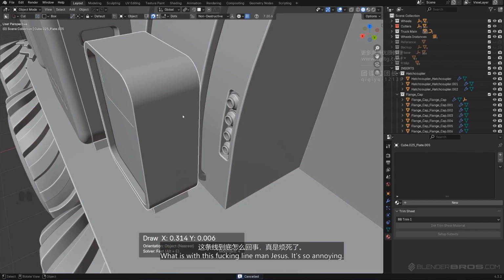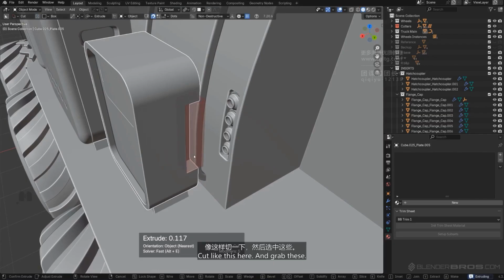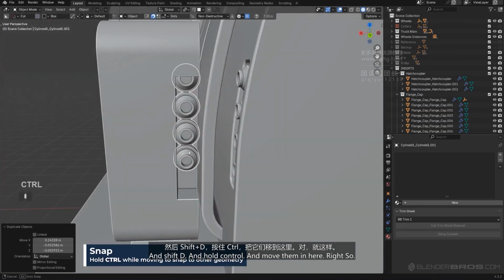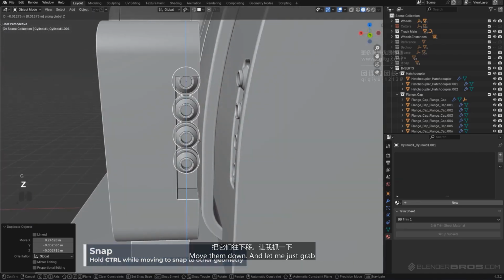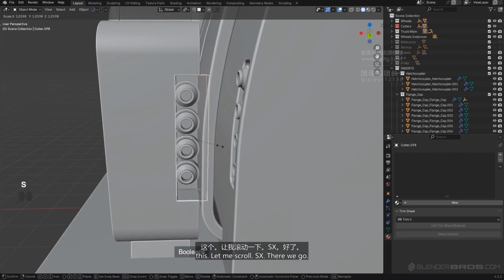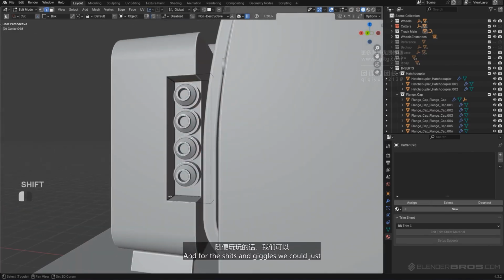What is with this line, man? So annoying. Cut like this here, and grab these and Shift D and hold Control and move them in here, right? So move them down, and let me just grab this up, scroll SX. There we go. And for the, you know, fun, we could just